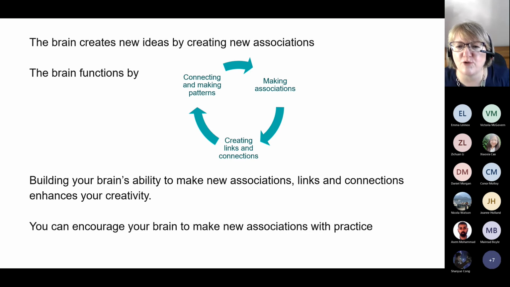So when you've opened your mind to being creative, there are some techniques that can help you to keep stretching that creative muscle. It can be doing something to keep your brain active, like Sudoku or crossword. Some people are into those sort of things. Learning a new word every day, perhaps in your own language or in a different language. What you really want to be doing is helping your brain to make new associations and build those new connections. So you can encourage your brain to be the sort of brain that makes connections and sees patterns and therefore becomes more creative.